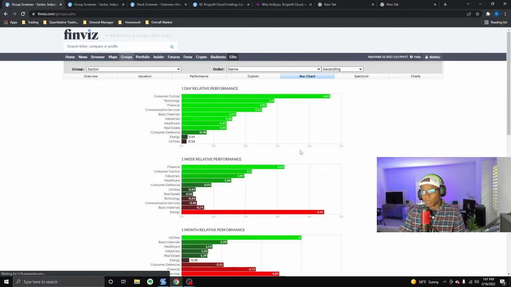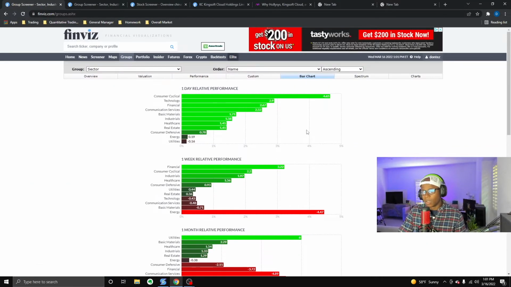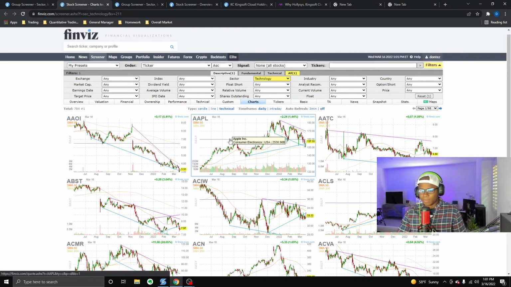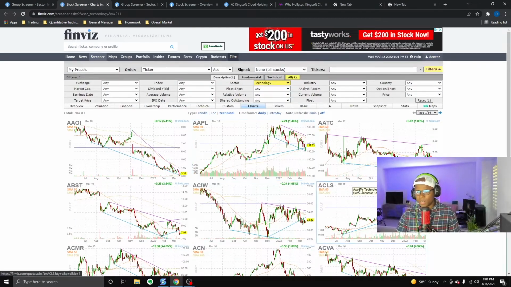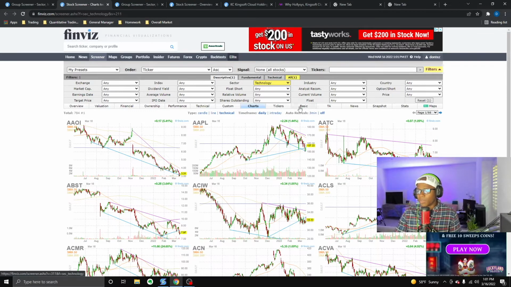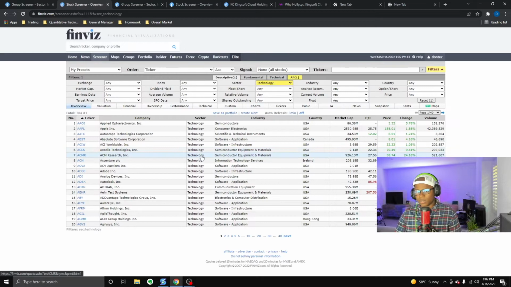We come up here to the groups, and we'll see on the daily, one of the top sectors right now is technology. So we have the wind on our back, and we also saw that this is up 70%. So we kind of guessed that already. Now, if we go into technology, you see it brings up all these charts. These are all the technology charts, all of them. We go over to overview. It starts to separate them